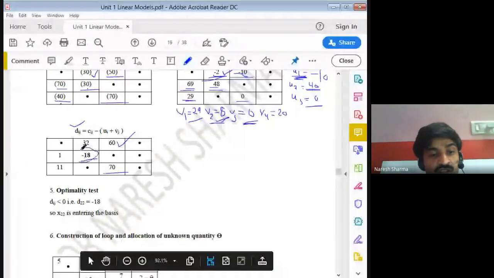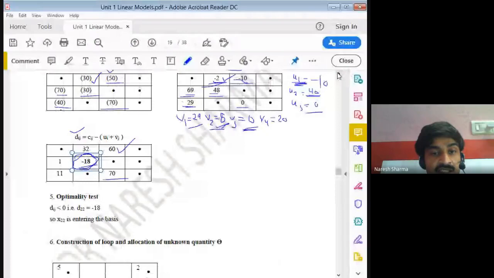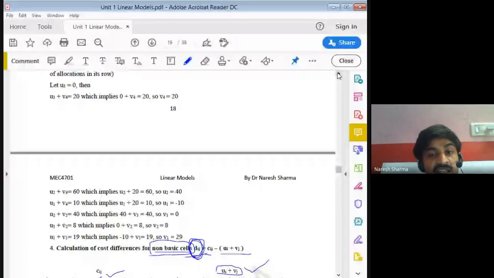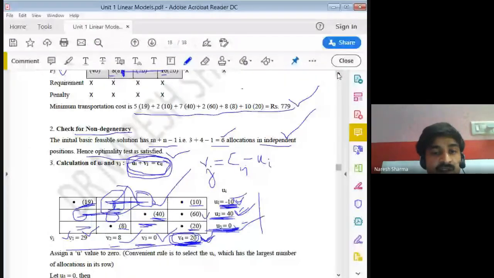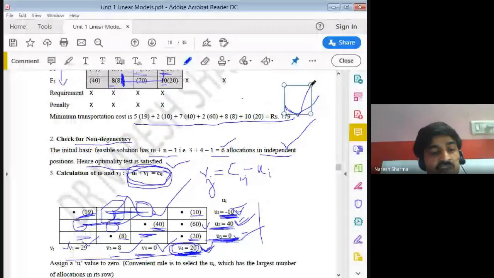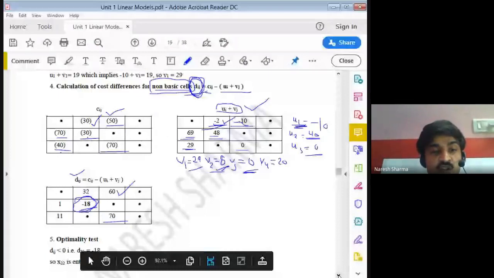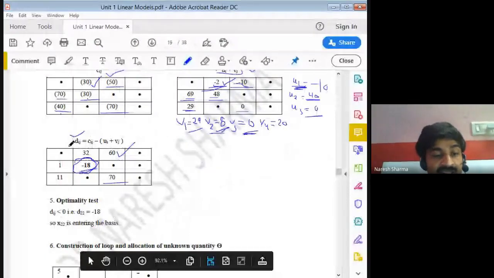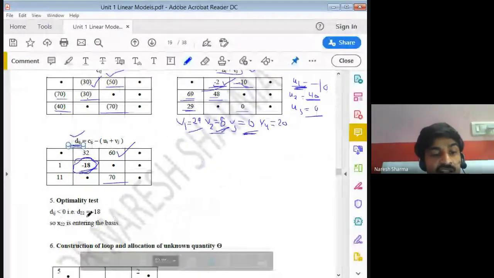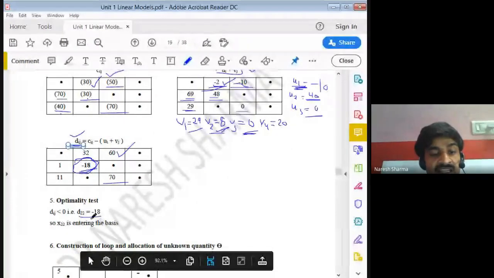So we calculated Dij. If you see here, we have one negative value. So that means the solution, which solution? The one we calculated here in the Vogel method, right? This solution is not an optimal solution. It means if all values of Dij are positive, then we say that solution is optimal. But in our case, the second column location has a negative value.